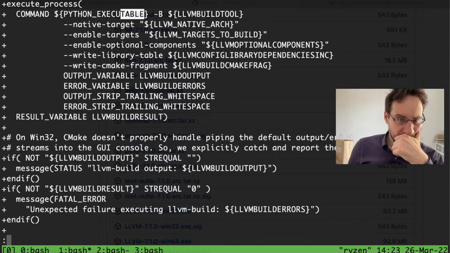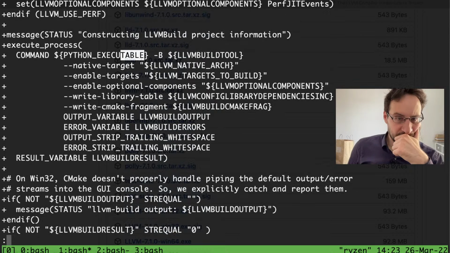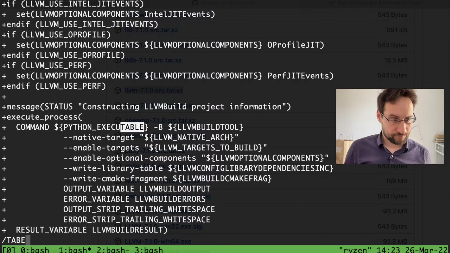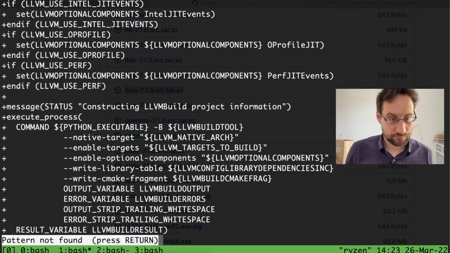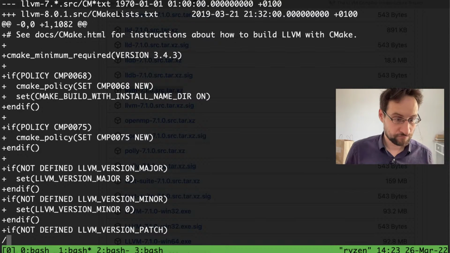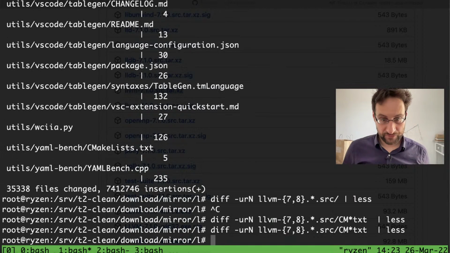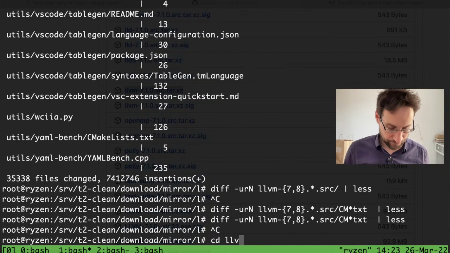That also means, yes, they added that here, so that is construct and build project information. So this must also, let's see, that was LLVM 7.